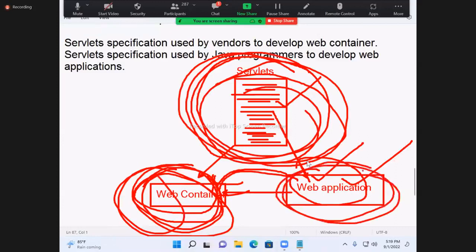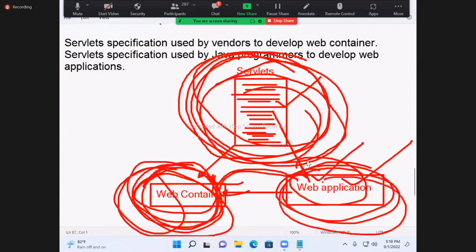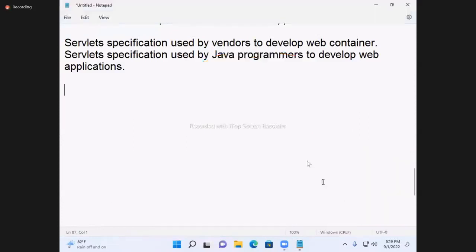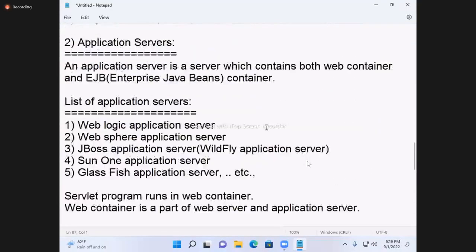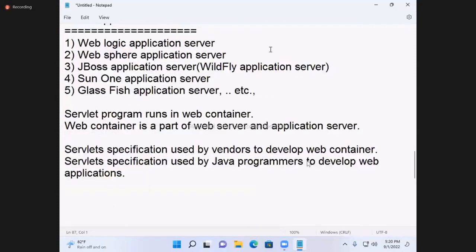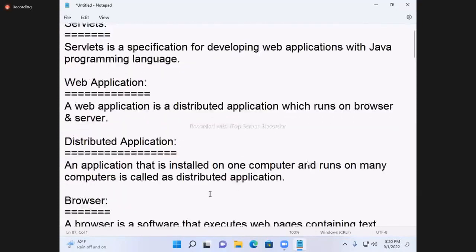That's it. But in core Java, the interface you yourself wrote. That subclass you yourself wrote. Later creating the object and calling the method, you also did yourself. But here the interface is given by Sun Microsystems company. This class is given by Apache company. This creating object and calling, you do yourself. Like that. Okay. That's why everywhere interface only appears. Got it? Now here, web applications also, two types of web applications are there.